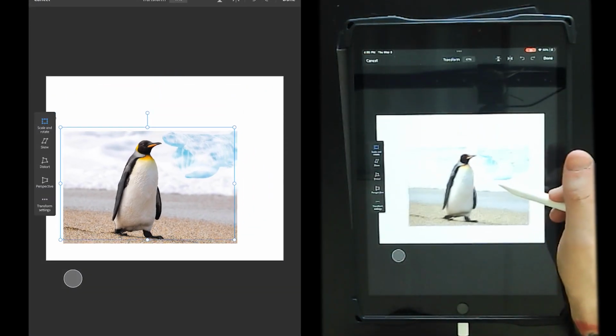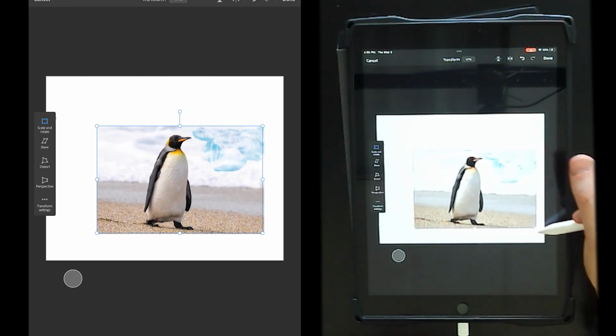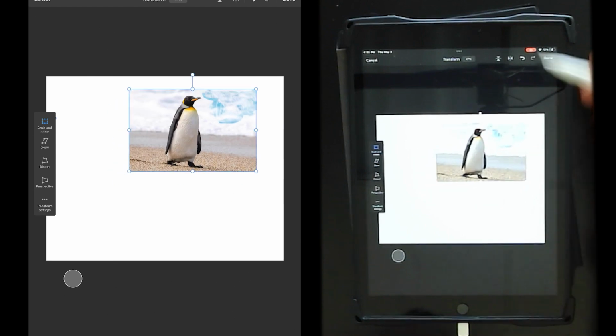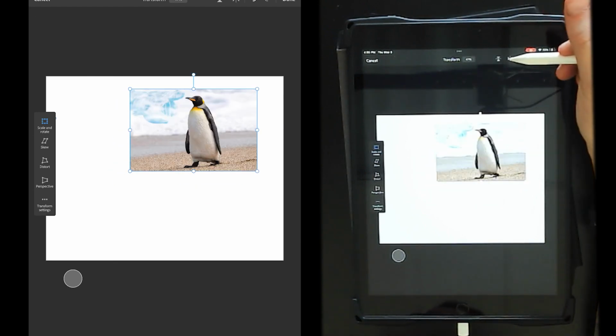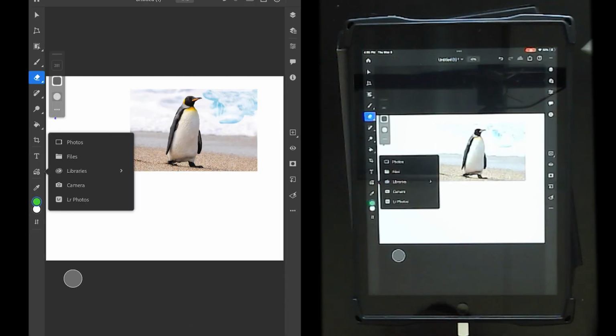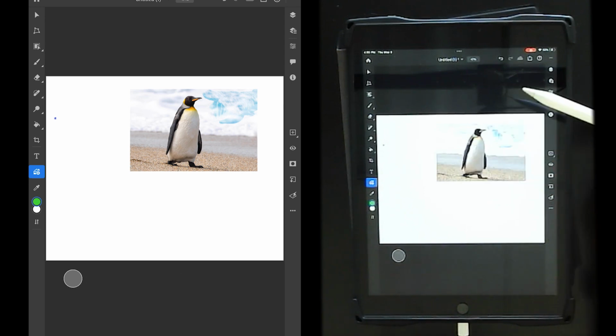And then I can move him wherever I want with this bounding box. If I grab any of these little circles, it can scale it. Up at the top, I got these little triangles, which means that it will flip it vertically or horizontally. I hit done. Now, just because I did all that and I brought it over, it doesn't mean that I